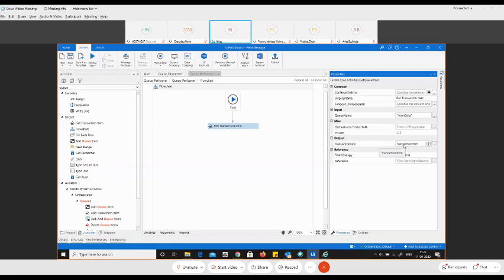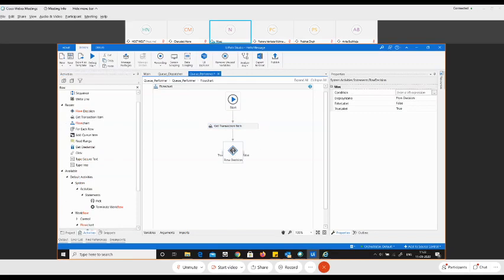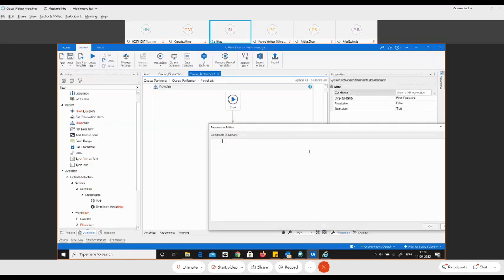Now we need to check if the transaction item contains something or not. For that, we'll again use a flow activity, a flow decision. In the condition part, we will check if the transaction item is nothing.